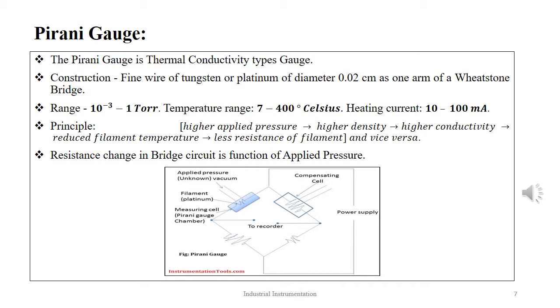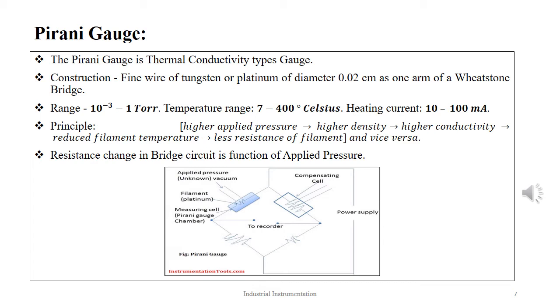Any conductor, for example a platinum wire, gets heated as electric current passes through them. The heat dissipation rate of the conductor is a function of the conductivity of the surrounding medium. The surrounding medium's conductivity is dependent on surrounding density, which is again dependent on the surrounding pressure. Lower the surrounding pressure, lower is the density and thus lower is the conductivity. This low conductivity will hinder the heat dissipation from the current flowing wire, keeping it hot for a lengthier time period.